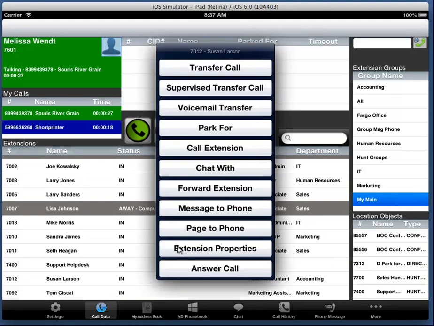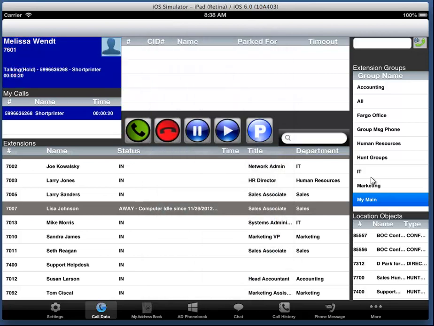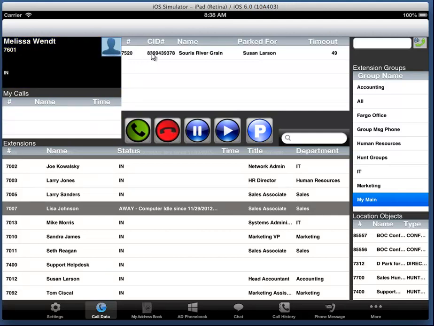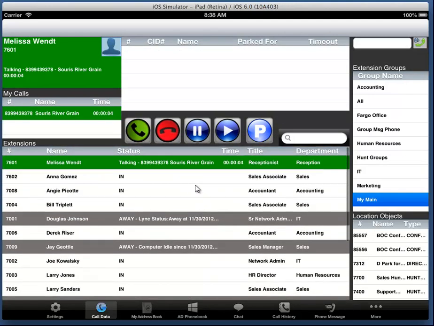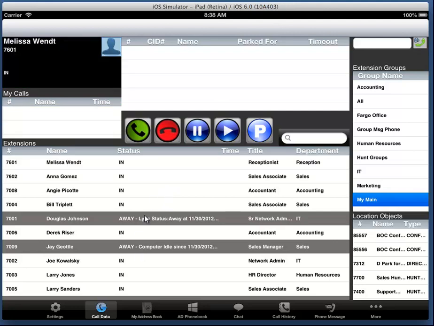So for example, we can park the call for somebody. They'll receive that screen message like they would in our Windows version as well. You see we'll have that information in the parking lot. If we want to take a call out of park ourselves, we can do that simply by clicking on it and picking up the park call. The program also has most of the same functions as far as dealing with